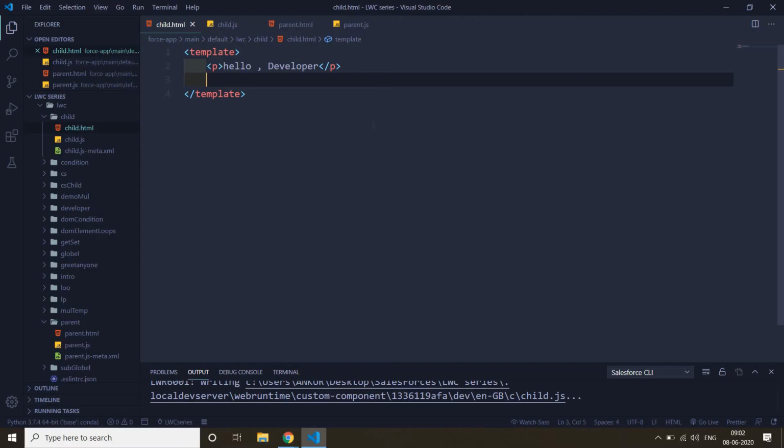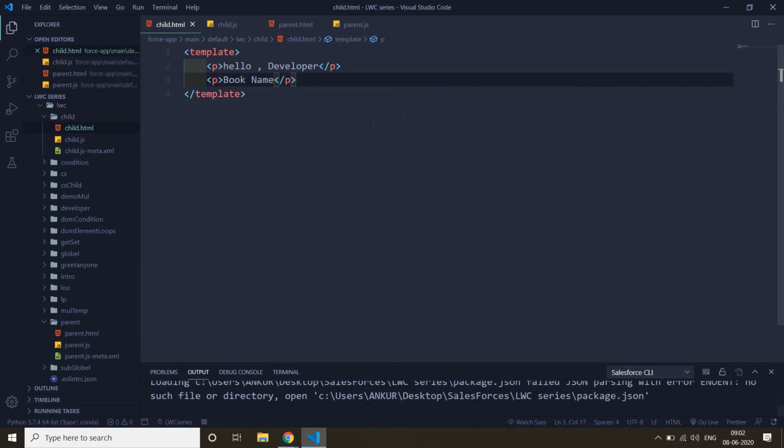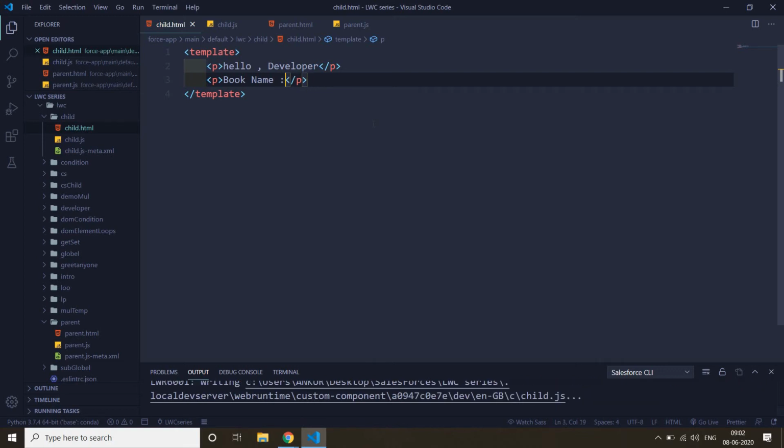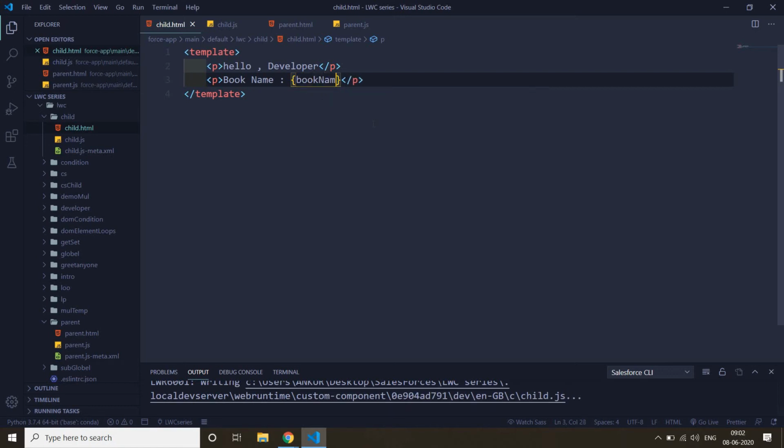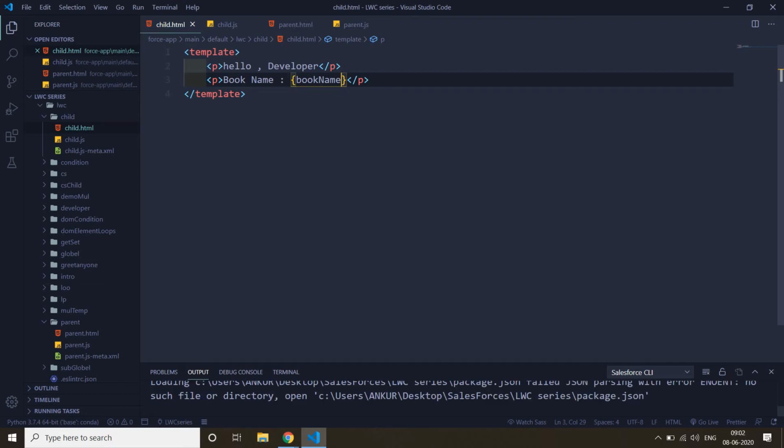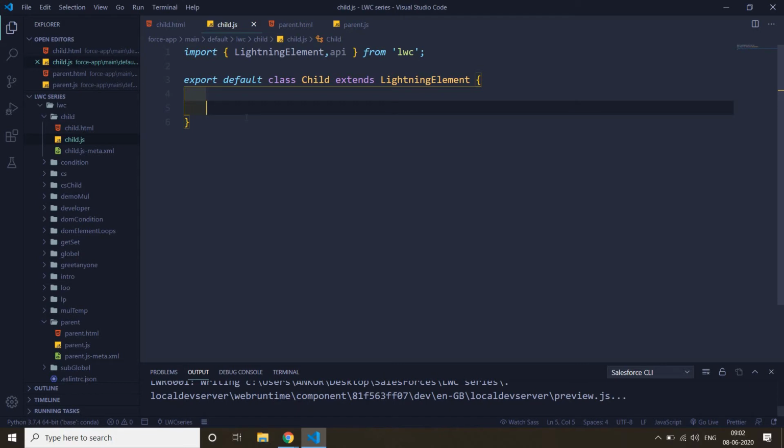So what we can do here is print, let's say, a book name. For that I make one variable called book name, and this book name variable comes from the child.js file.